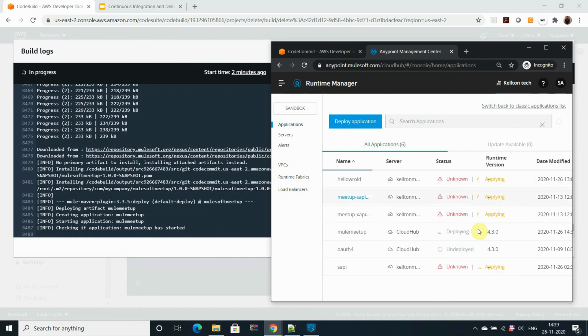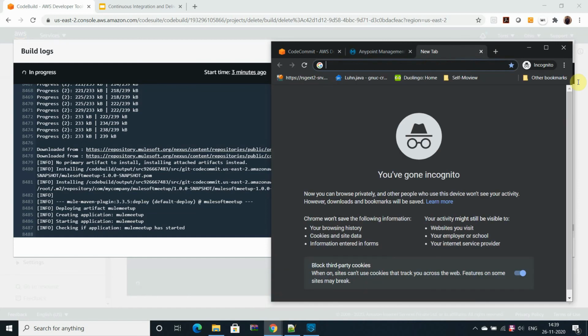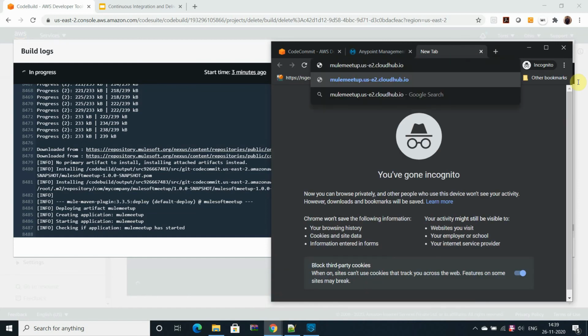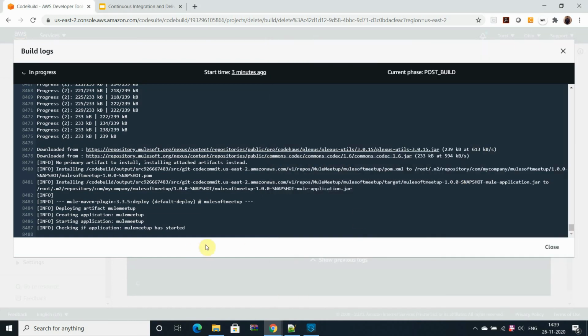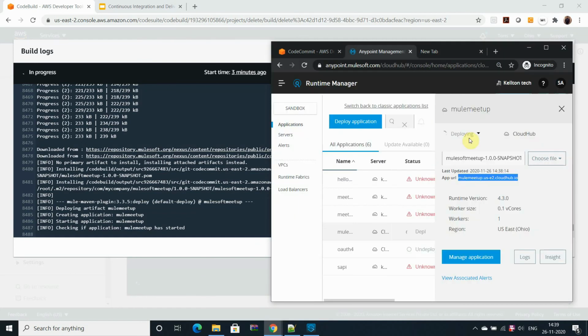It will take a couple of moments, so let's wait for that. You can see it's still deploying. Let's copy the URL. Let's see at which stage it is right now.